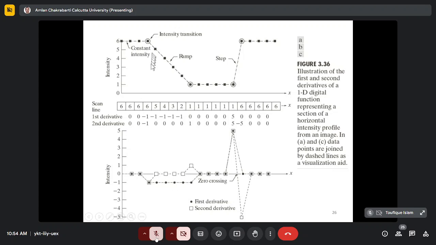So derivative is constant here. Here derivative was 0, here derivative is constant, so you maintain the derivative. Again the derivative becomes 0. No change in the value, so again it's 0, right? And again it shoots up because there is a rise in the derivative, then again it becomes 0. So if we try to look into the second derivative,